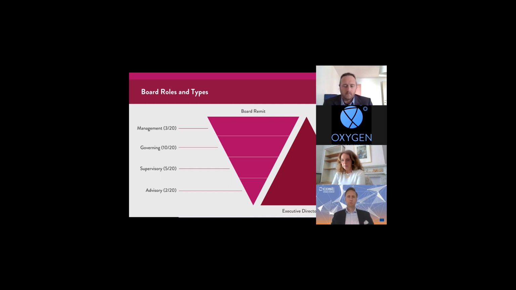respective mandates. Now, we found that the more hands-on a board is, so the management, there were 3 organizations out of the 20 interviewed that are management boards, the narrower the remit of the director becomes. So in our sample, there were 3 management boards that meet often, have a direct say on staff issues and on daily operations. Most of our sample fell in the governing or supervisory board categories. And then advisory boards are the most removed from daily operations, providing the director, and it's a correlation with the